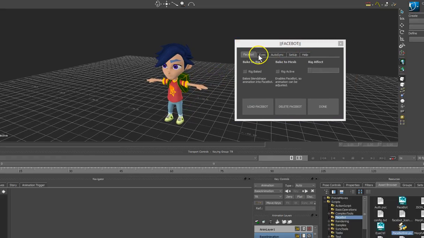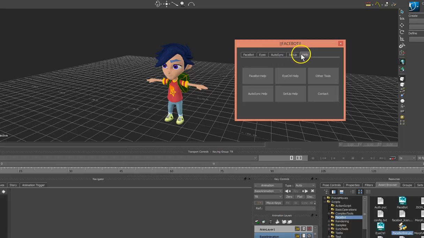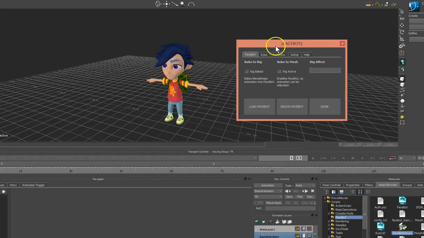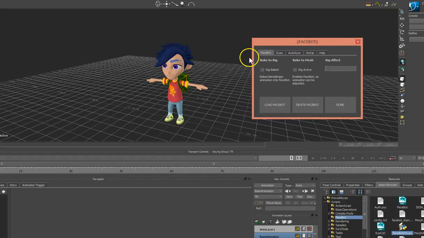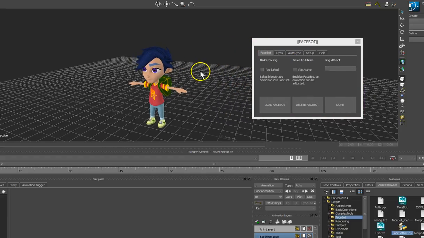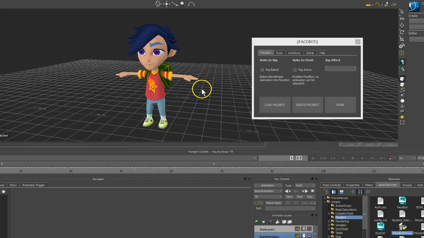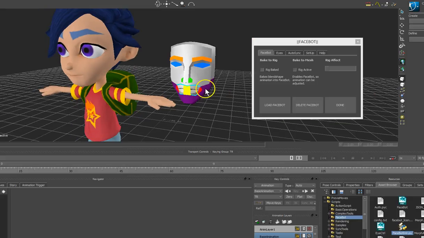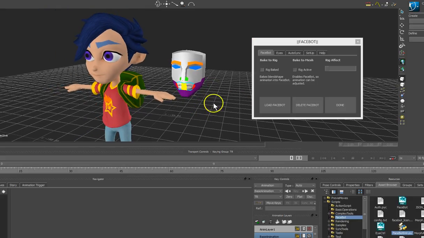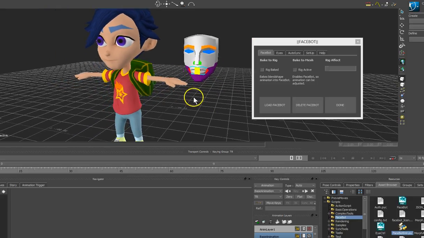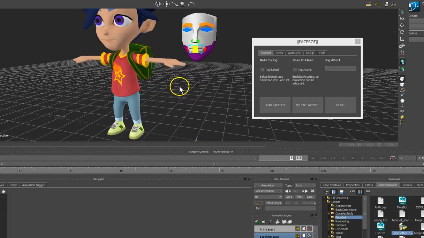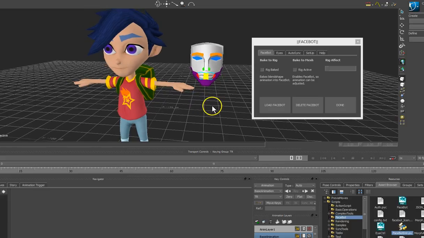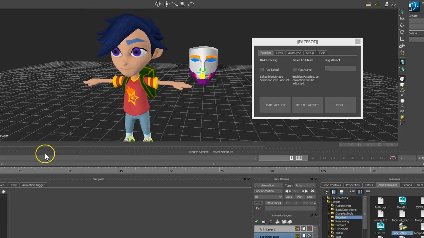So once you have that, you'll see you have several tabs here. I guess we'll start with the first one. The first one has to do with the rig itself, the control rig. So when you want to work with that, what you do is you load it in and it pops in the scene. So right now you have it here. It doesn't have any control or anything over the model. So if you want to do that, what you first have to do is